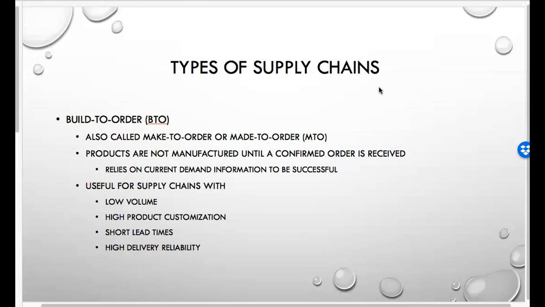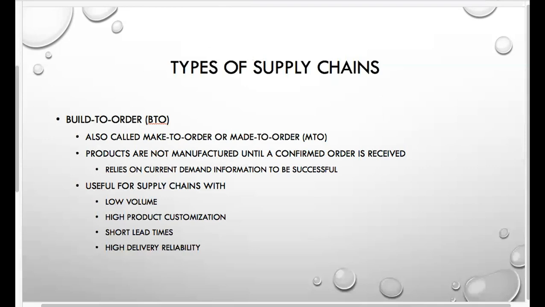And high delivery reliability. Your customer service level, the ability to get the product to the customer, must be very high for this to happen. Because you have low volume and short lead times, you don't have the bandwidth or the speed to pump out extra products if something happens. True, some lean supply chains can build it in, but in general, you need to have high delivery reliability.